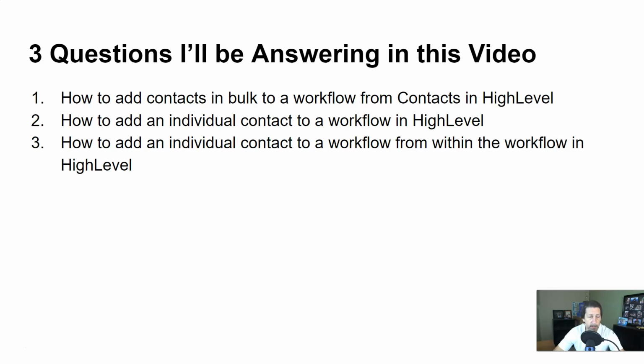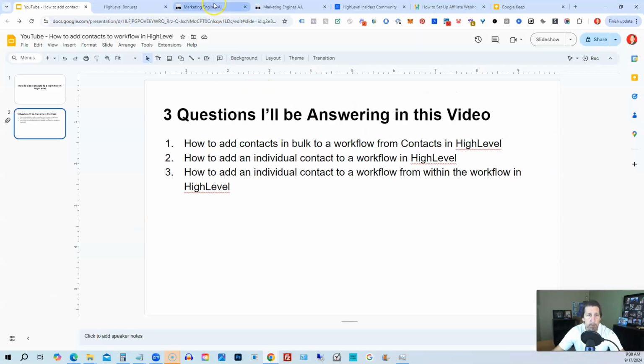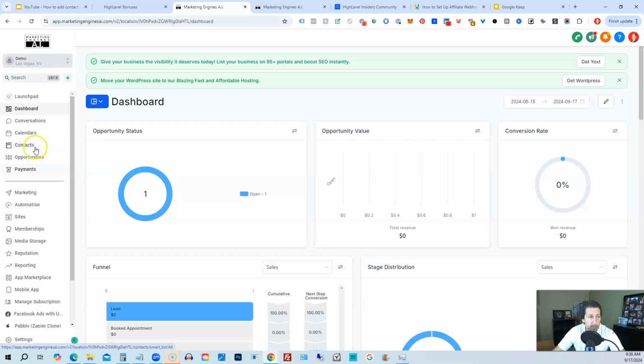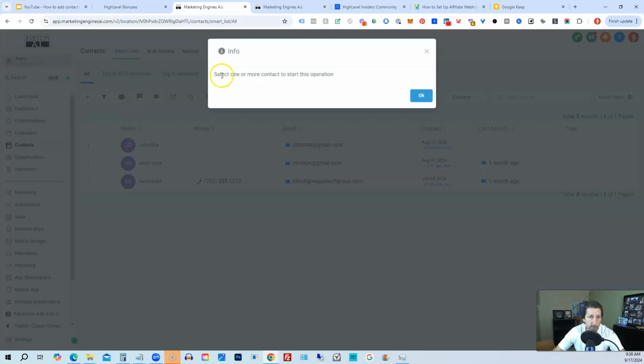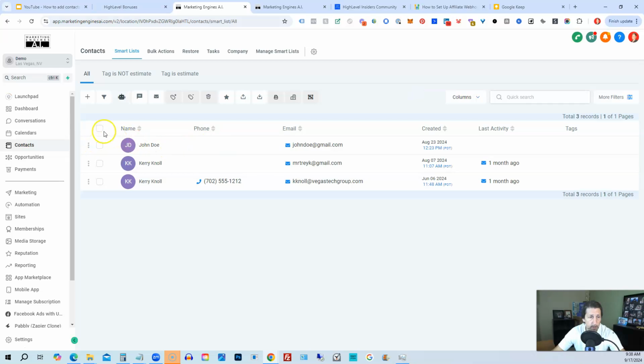So I'm going to hop out of here and into my demo account, and I'm going to show you how to do all this. So first things first, you could go to contacts here on the left hand side, and then right here where it says add to automation, it's got this little robot. You can click on that, and of course it says select one or more contacts to start this operation. So we could select all of our contacts, or we could select just the one we want to add, or 2 of them, or if we had smart lists, we could click on those smart lists and then click on the selected